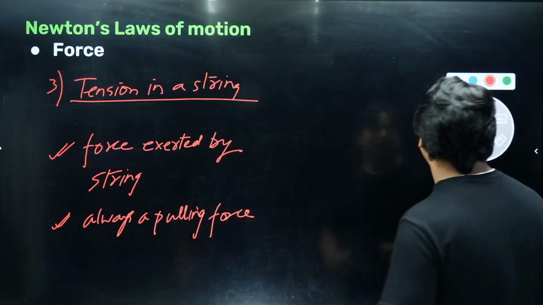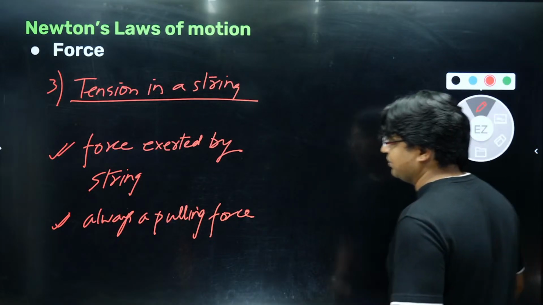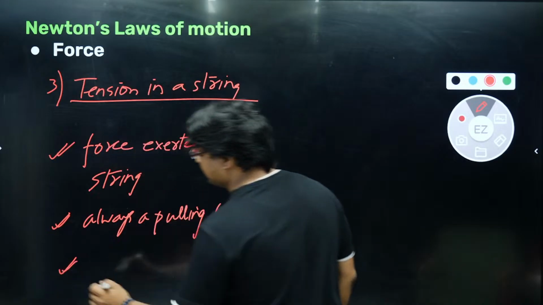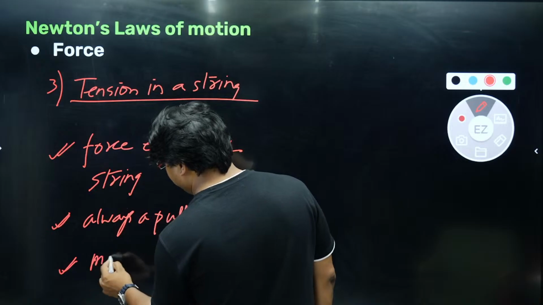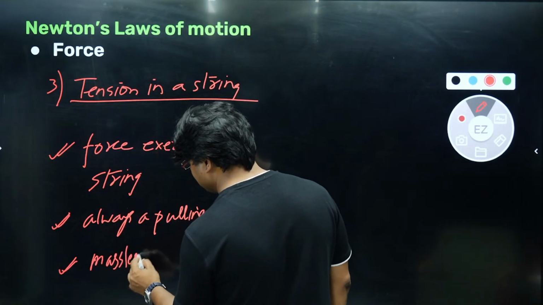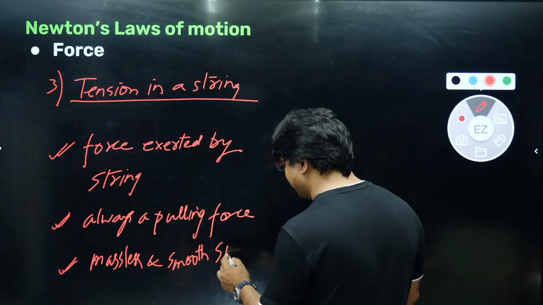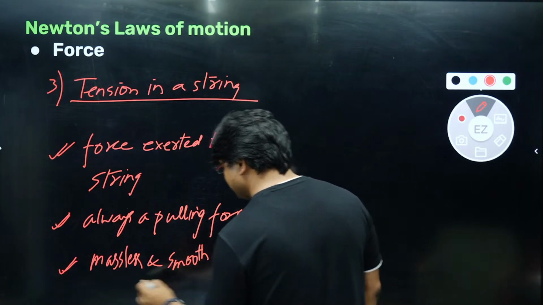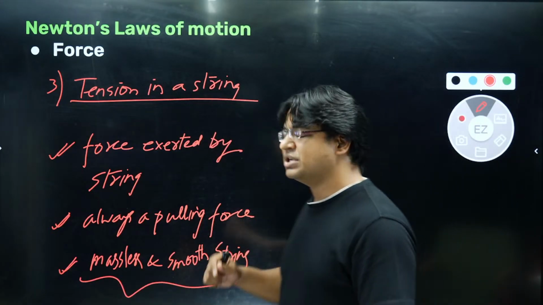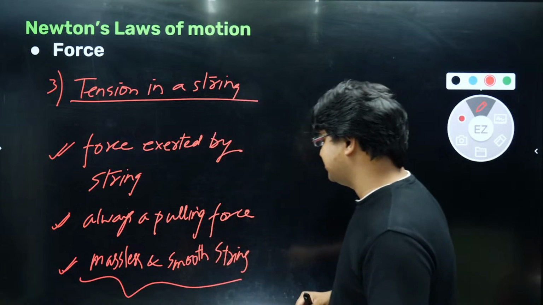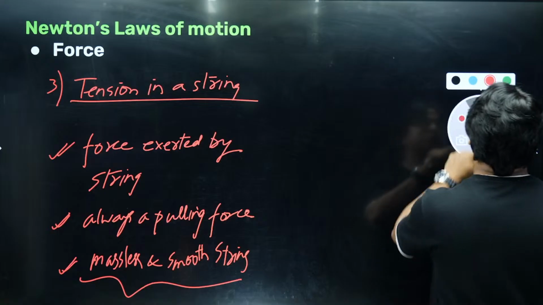Let me show you how we draw the tension. Before that, there is another point to keep in mind. There are a few things that I will make clear as we move forward. For now, you can just assume that we will be dealing with massless and smooth strings. If I remove this condition, things will change. But to keep things simple and to begin with, let us assume that the strings are massless and smooth. What is the advantage here? Let me show things to you.